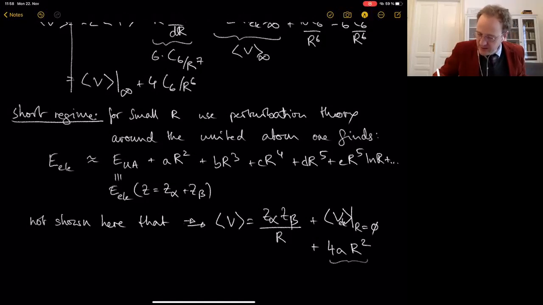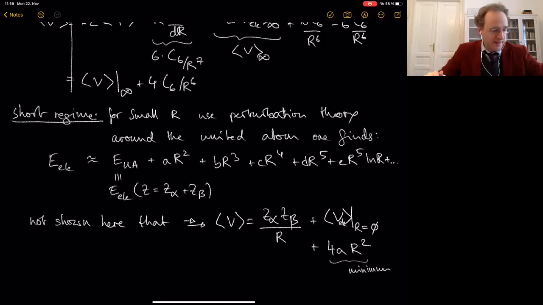So this term here basically makes or turns this into a minimum. This corresponds to a minimum. There's a parabola in the distance,